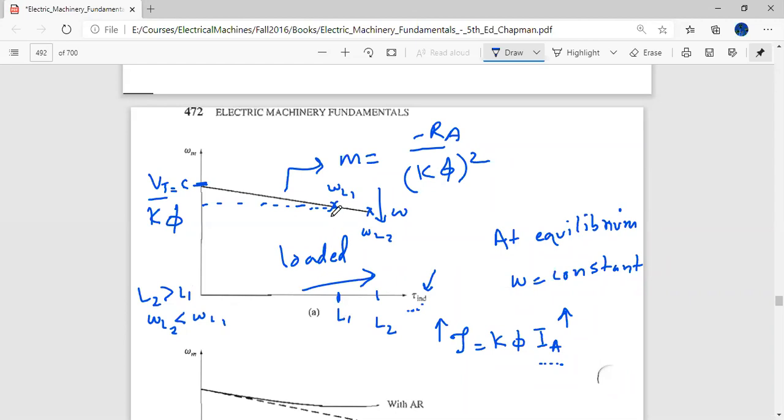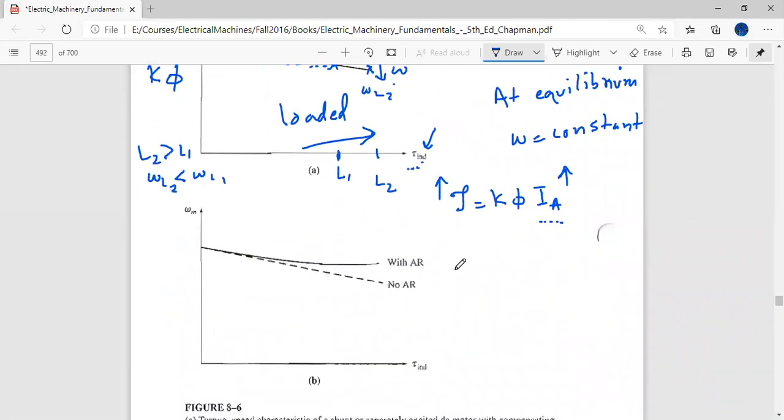So when the load is less, the machine has a slightly higher RPM, and when the load is increased, it will have a slightly reduced RPM. But this change is not very drastic. It is very slow. So this line does not have a steep gradient; the RPM does not reduce sharply as the load increases, but it reduces very slowly. Okay, then there is something which is called the armature reaction. Armature reaction is due to the fact that the flux of the machine decreases when the load on the machine increases, and that is known as the armature reaction.